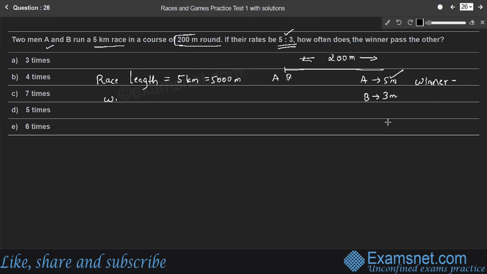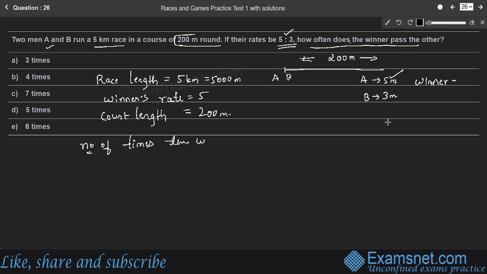So the winner's rate is 5 and the course length is 200 meters, right? So now the question is, how often does the winner pass the other? How many times does the winner pass the other? So the number of times the winner passes the other